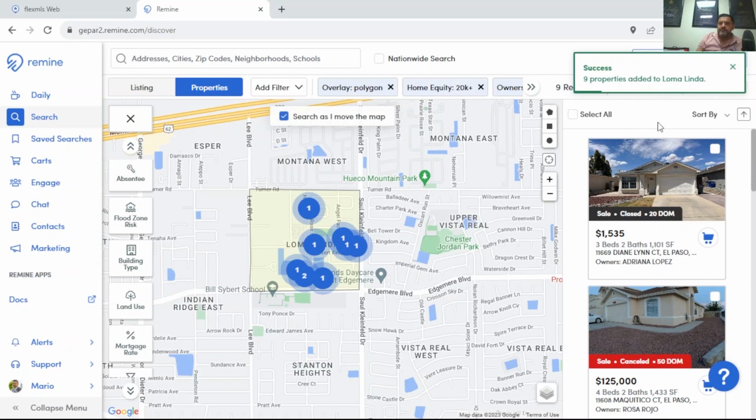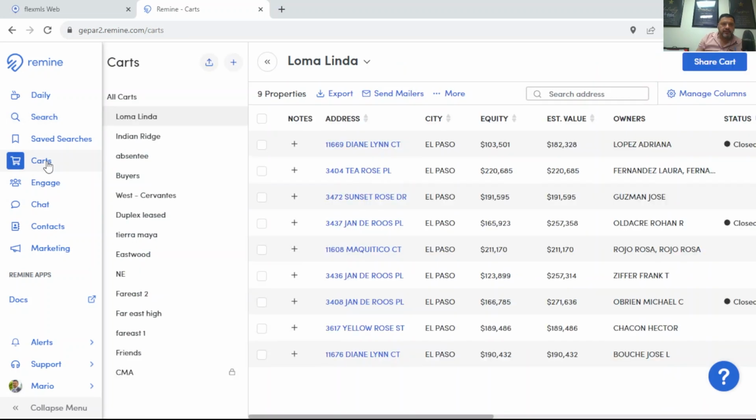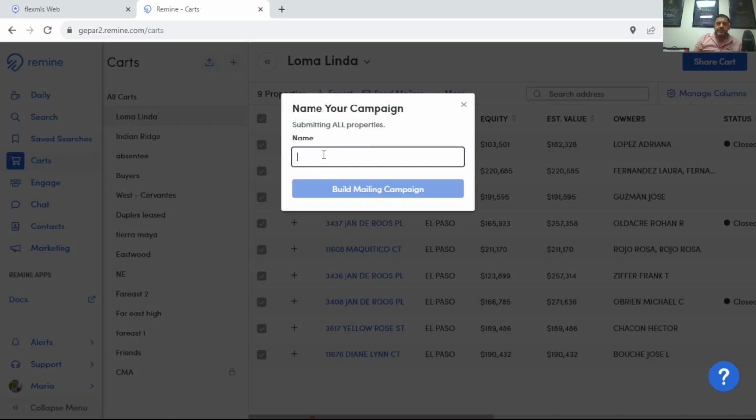Now, once it's complete, we go to our carts. As you can see, I have many carts here of different searches that I have done in the past. Now we're gonna select the one we're working with right now, Loma Linda. Okay, and now we're getting ready to send postcards or letters to these properties. So we're gonna send mailers. I'm gonna use the same name, Loma Linda,